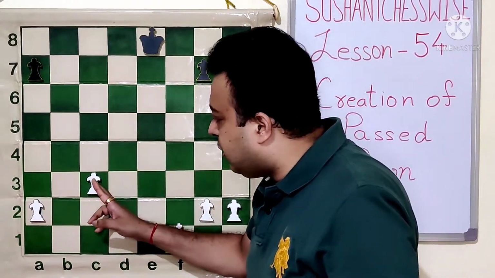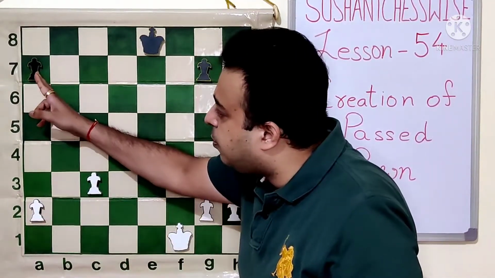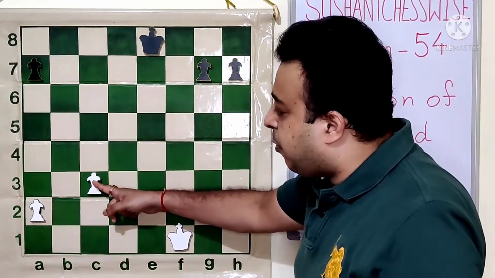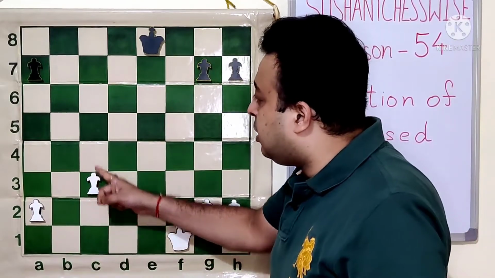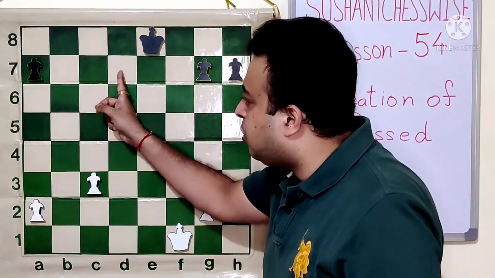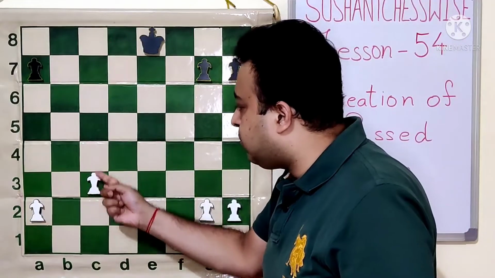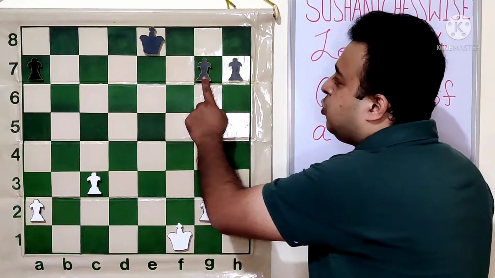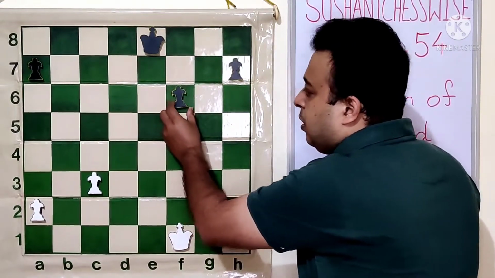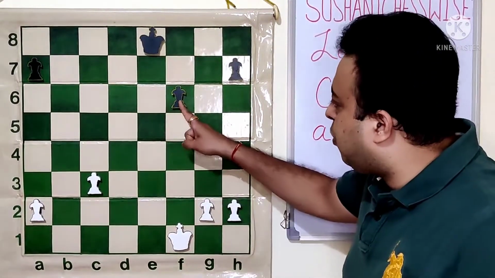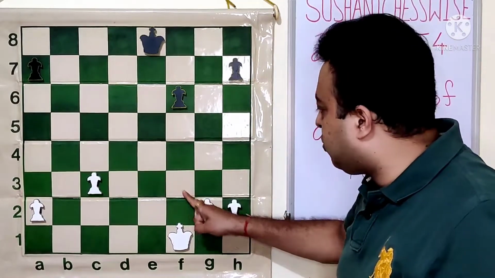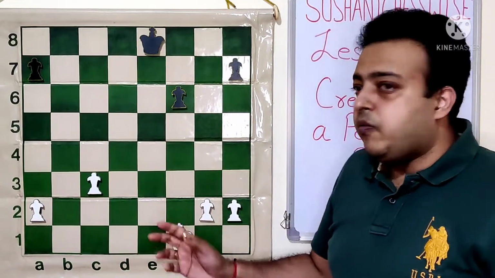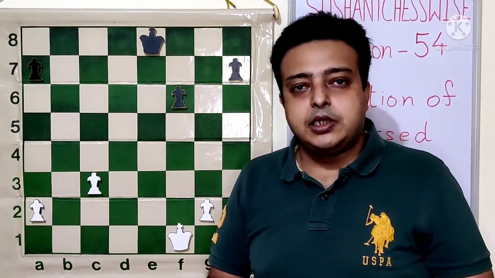If we look at the a pawn here, there is an opponent pawn in front of it, so the a pawn is unable to pass. We look at the c pawn, and we will come to know that there is no pawn in front of it and no pawns on the adjoining file. So this pawn can pass through without being stopped by the opponent's pawns. Let's assume this pawn is on the f6 square. Still, this is not a passed pawn, because when the pawn reaches the f3 square, the white pawn can take it. So let's look at some positions where we will try and learn how to create a passed pawn.